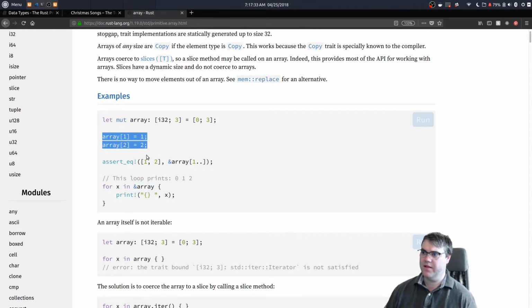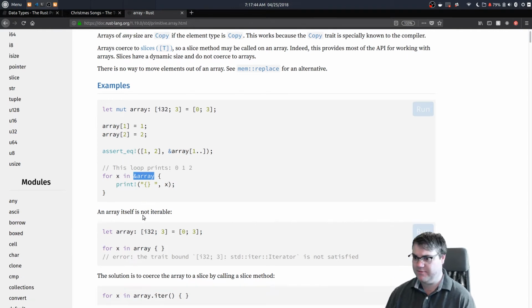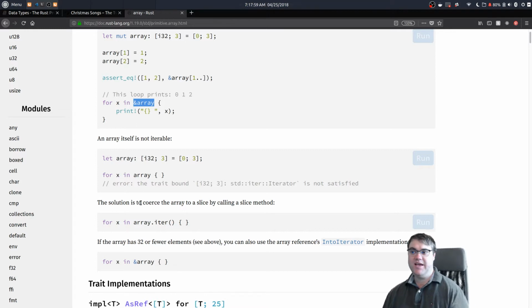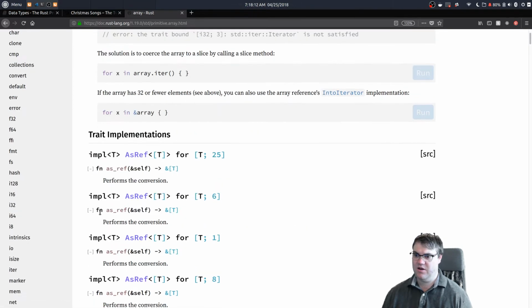So I can pass just a reference to the array in this part. So that iterator is just returning a reference. Oh wait, it's not. An array itself is not iterable. The solution is to coerce the array into a slice by calling a slice method, if the array has 32 or fewer elements. All right, so what I really want is to look at for loops